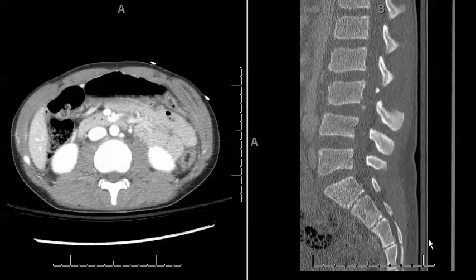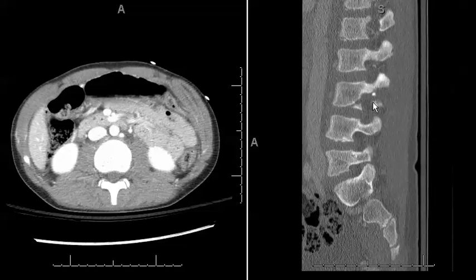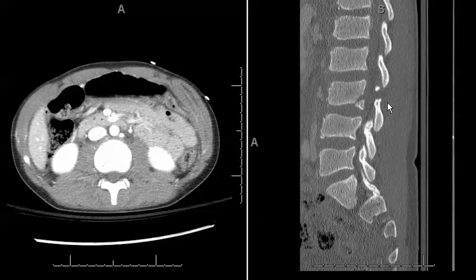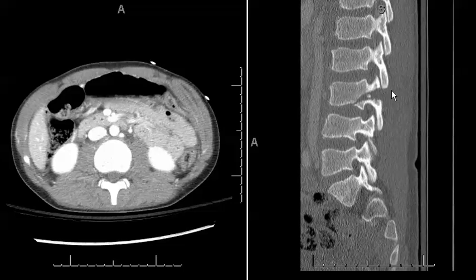Here we have axial CT images through the level of the abdomen and pelvis on the left side after intravenous contrast, and we have a sagittal CT image through the lumbar spine on the right side in a 13-year-old male status post lap belt injury. In assessing the lumbar spine here, notice already here at the L3 vertebral body we have a horizontally oriented fracture